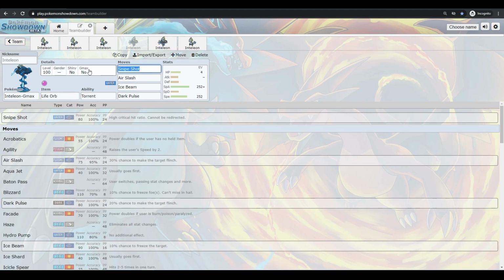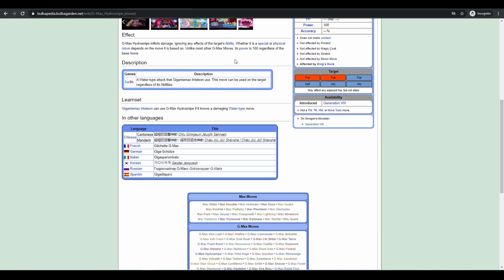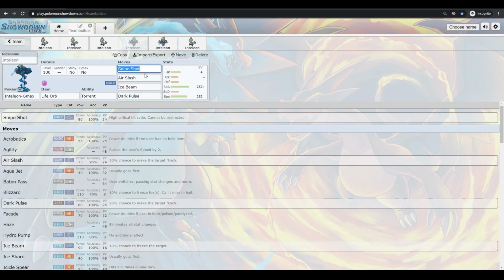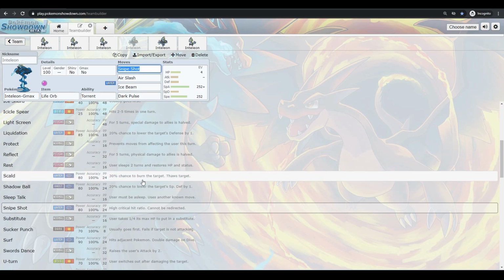But again, Snipe Shot, 160 base power, and the fact that it ignores abilities. So things like Mimikyu, for example, you pretty much guarantee you one-shot Mimikyu at that point, and things like that. Not Mold Breaker, but you pretty much have Mold Breaker on your G-Max move. And Inteleon will do a lot of damage. And another way to run